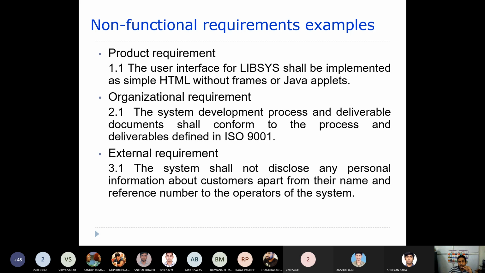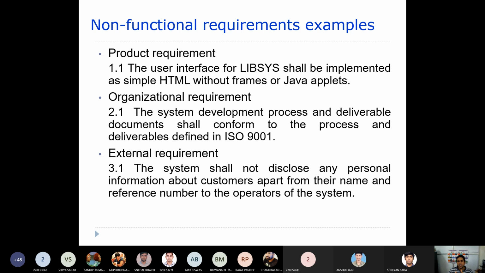Now here in this particular product, the requirement is that it should show the information, and the user interface should use HTML. It should not use frames or Java applets. That is a requirement from the customer side. If this were not a requirement, then the designer would think whether to go with HTML or with frames or Java applets during their design.